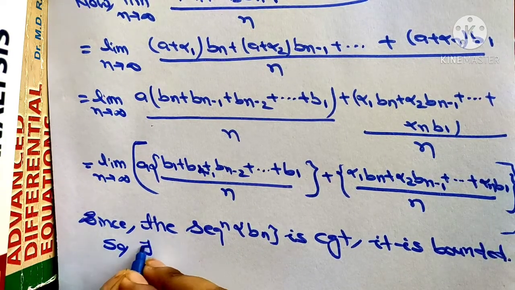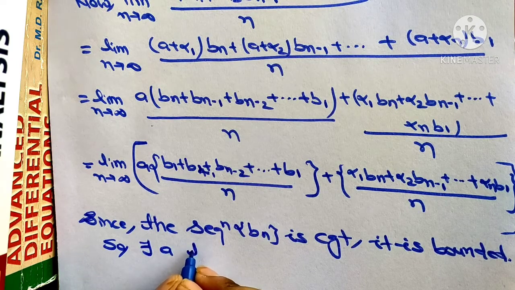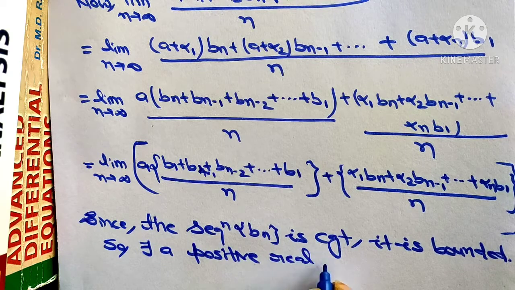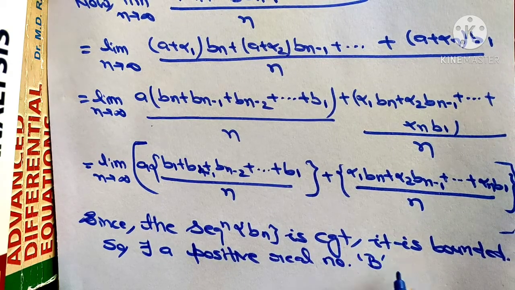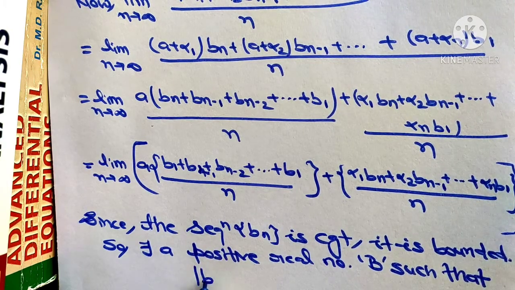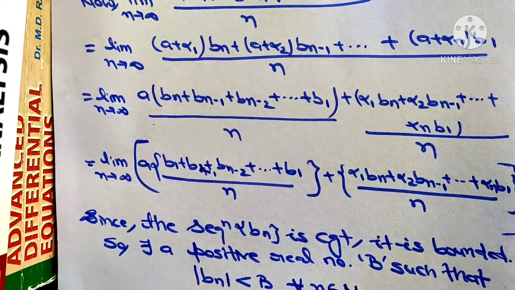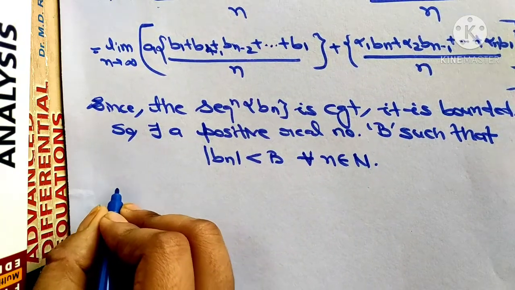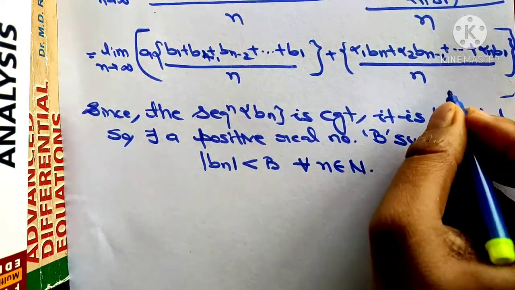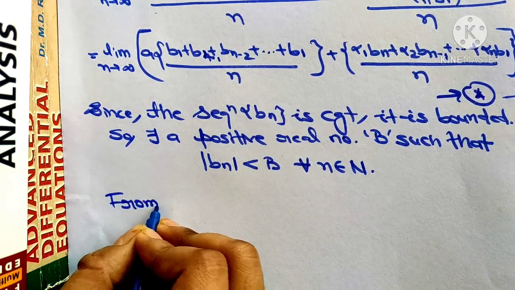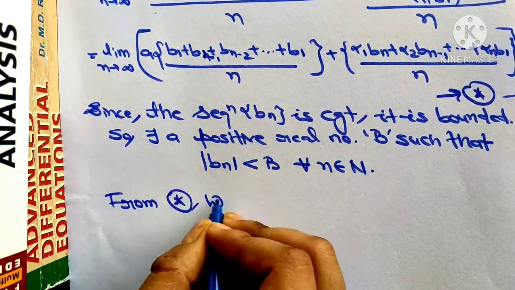So there exists a positive real number, say capital B, such that mod of bn is less than capital B for all n belonging to N. Now call this equation star. From star we have